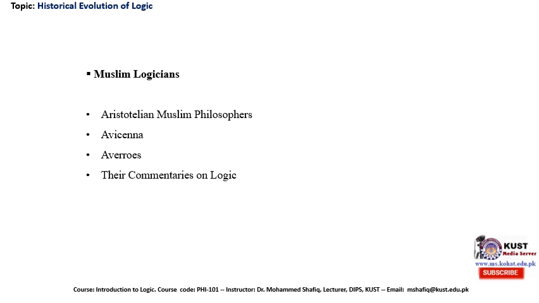There were Muslim philosophers before Avicenna and Averroes. They were called Al-Kindi and Al-Farabi. In fact, what they did, they studied Aristotelian logic and they translated this logic into Arabic and introduced it to the Muslim world and the Arab world. Al-Kindi and Al-Farabi introduced the logic to the Arabic and Muslim world, but it was Avicenna and Averroes,